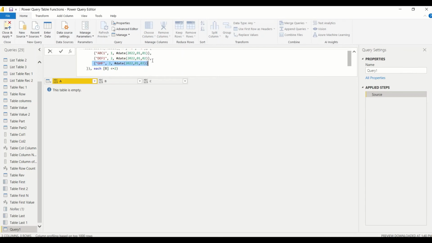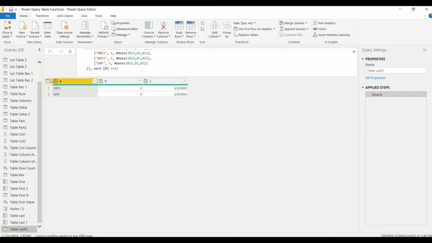LastN means start from the last and keep on taking the nth record till the time this condition is true. So that is why when we are saying less than equal to 2, it's not going to work, because the first record from the bottom is not less than equal to 2. If I say greater than equal to 2, it works out for the last 2 records. So this is how you have to see this condition. We have not renamed it, so we can rename it